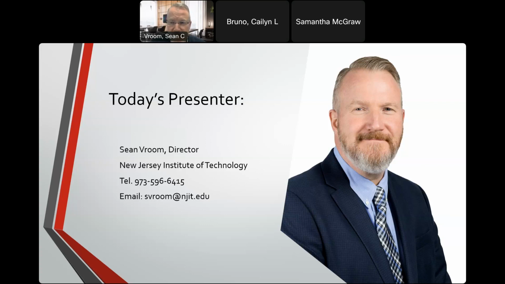In today's workshop, I'm going to provide an overview of available EPA brownfield grants for the fiscal year 2024. I'm going to talk a little bit about how these grants relate to Sustainable Jersey's brownfield actions. I'm going to give you some tips on writing a competitive grant application. I'll talk about some of the common mistakes that we have seen applicants make over the years, because we've reviewed hundreds of these applications. And I'm also going to provide you with some technical resources available to applicants, which is primarily NJIT TAB, in going through this process of applying if you choose to do so.